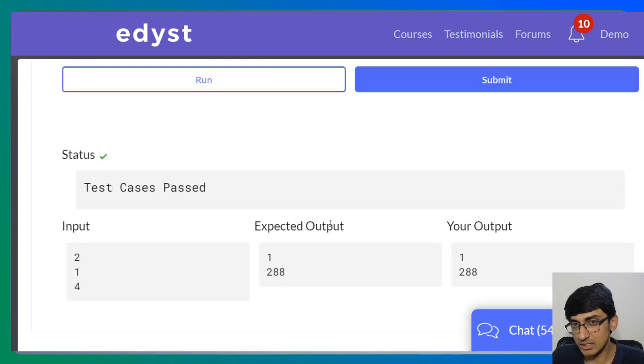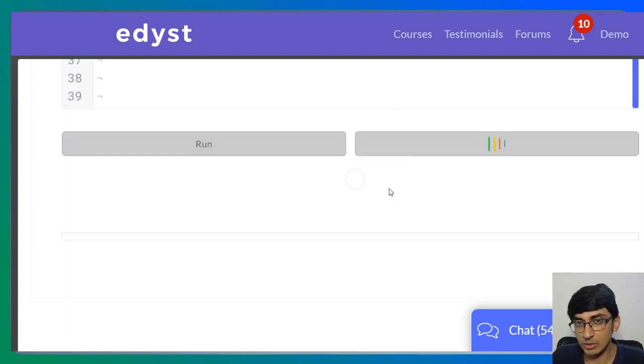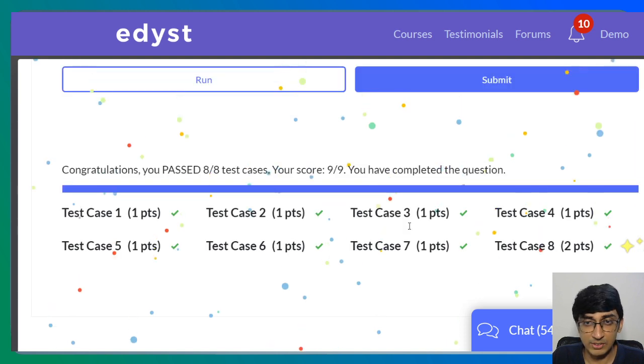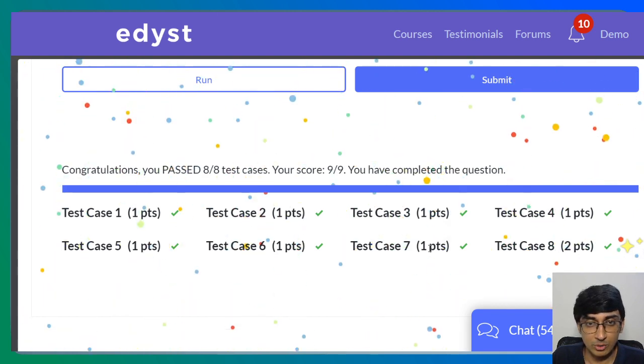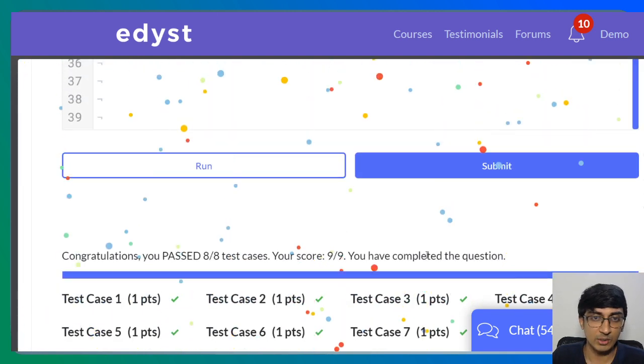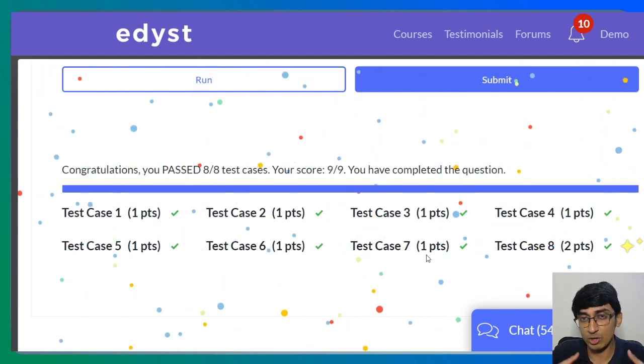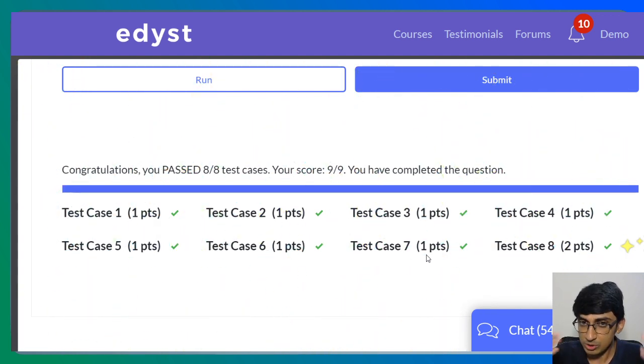Now our run test case doesn't fail. That means whatever we added didn't really change anything in terms of the run test cases, and when we submit it, now all of our test cases actually pass. So that shows you that even smaller things matter. Even if you got the algorithm as dynamic programming, you still need to consider modulo, because without the modulo the multiplication becomes too big.